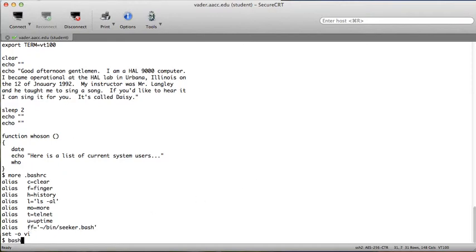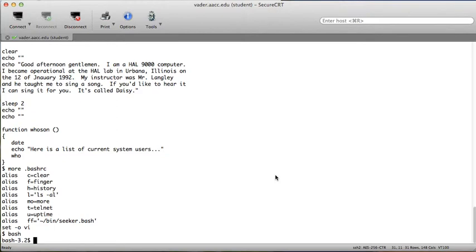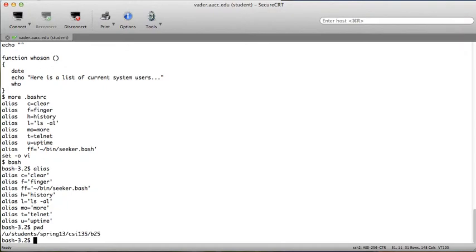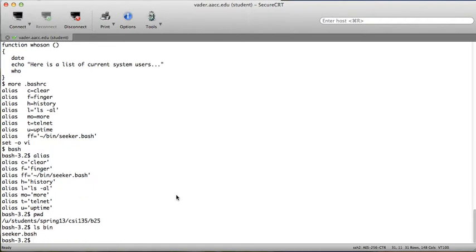So I'm actually going to change to the bash shell here quickly. And as you can see, if I type in alias all by itself, it'll show you the aliases that are loaded. And again, this was the script that we created in our bin directory. So if I type pwd, I'm in my home directory. If I type ls bin, you can see I have that script seeker.bash. So let me cat